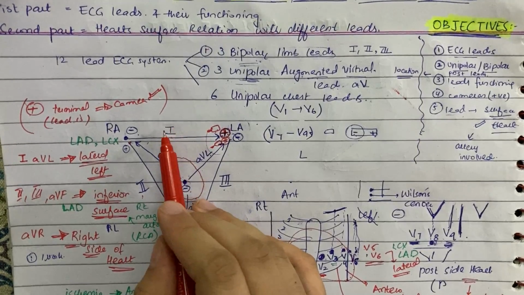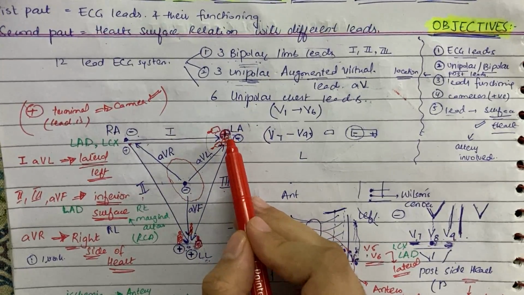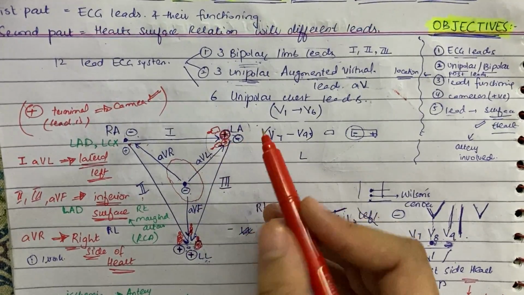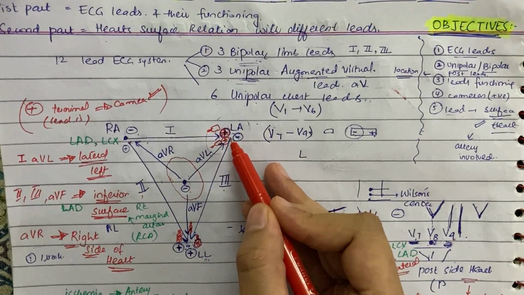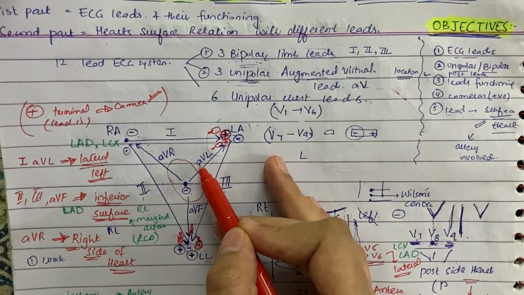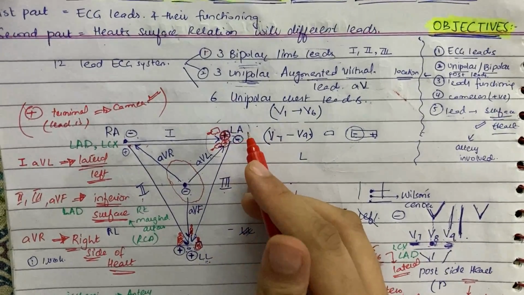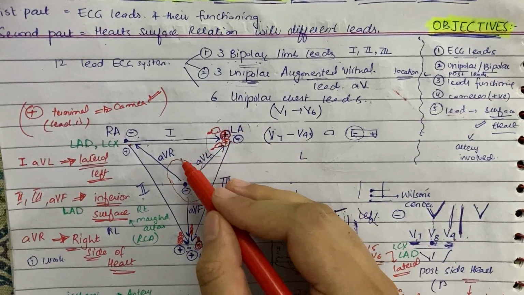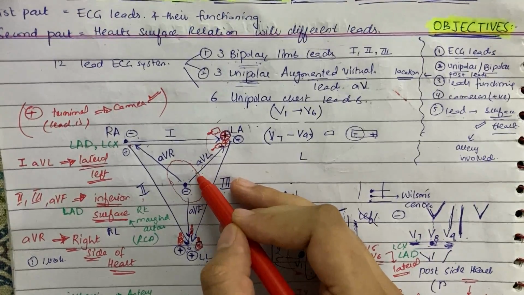Now suppose in lead 1, it is negative on the right arm and positive on the left arm, so the positive terminal is present on the left arm. Similarly, AVL has its positive terminal here, so lead 1 and lead AVL have their cameras present here, looking at the heart from the top left corner of our shoulder or our body. You can just imagine as if I have placed a camera on my left arm, and from here it is seeing my whole heart. Which part will it see? It will see, of course, the lateral or the left side of my heart.